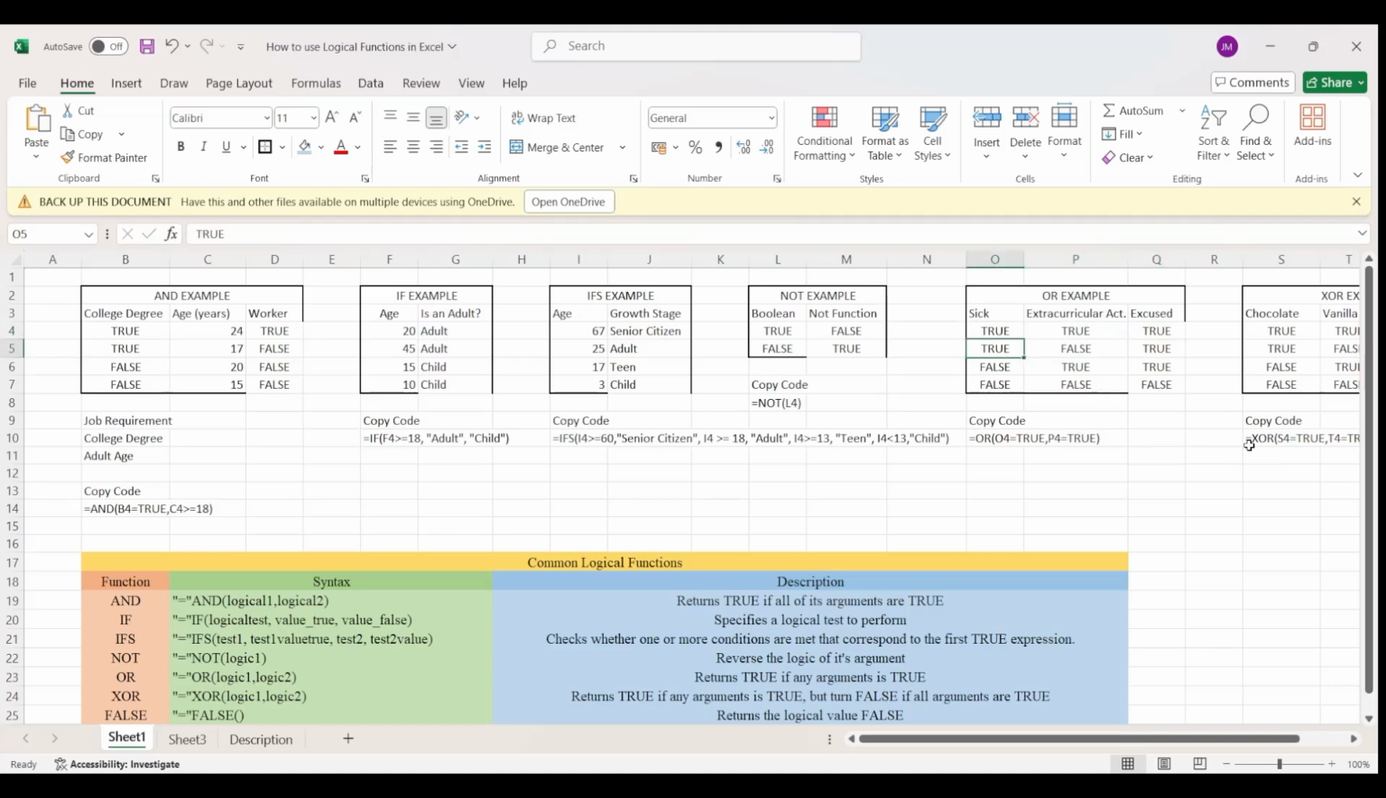They're excused. If they're sick but not under an extracurricular activity, they're still excused. That's the same for extracurricular activity, but they're not sick, then they're excused. However, if they're absent but not for the reason of sickness or extracurricular activity, then they're not excused from the